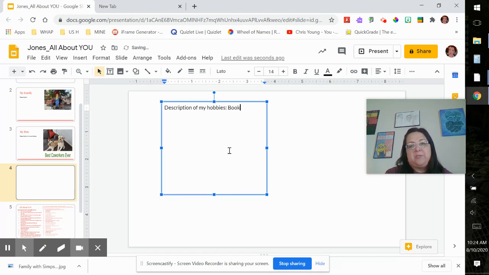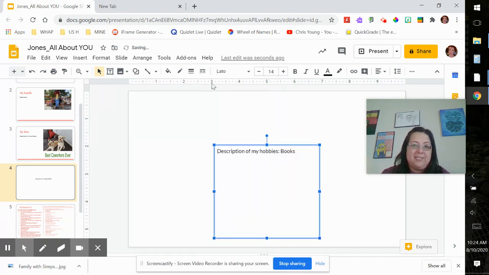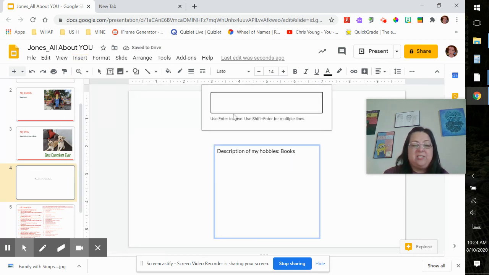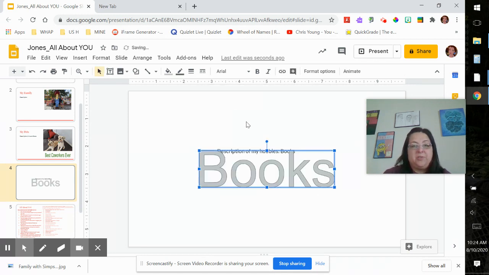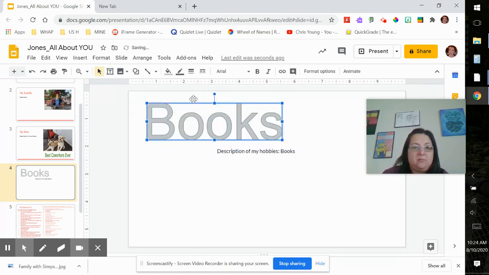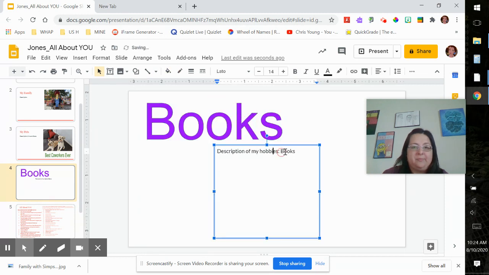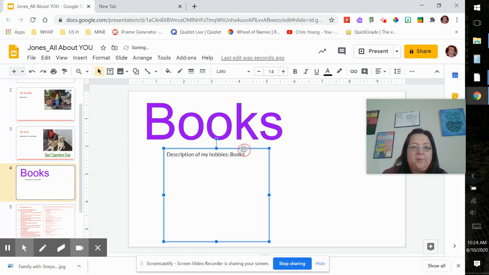On this one, it's going to be a book. And I am going to stick it here. Since I liked that word art so much, it made it so much easier to format it. I don't know, we'll do purple. But books,